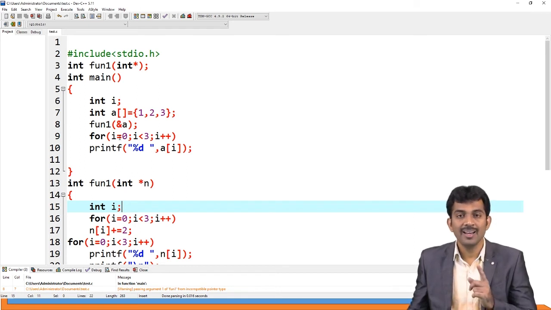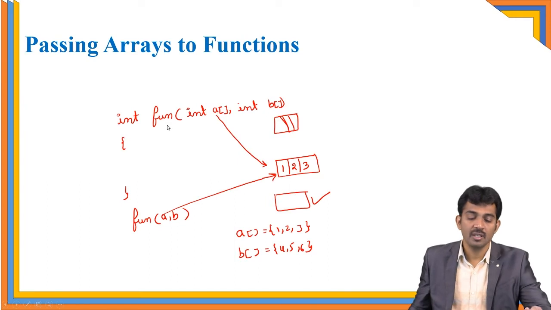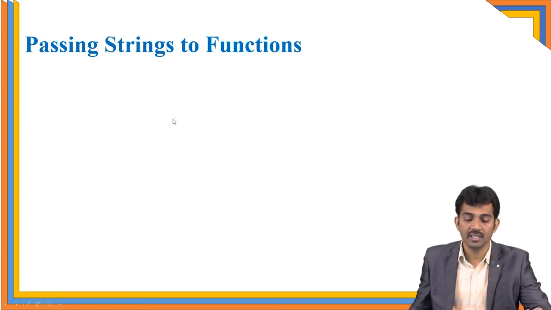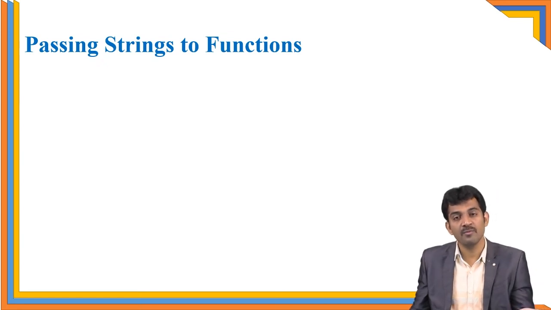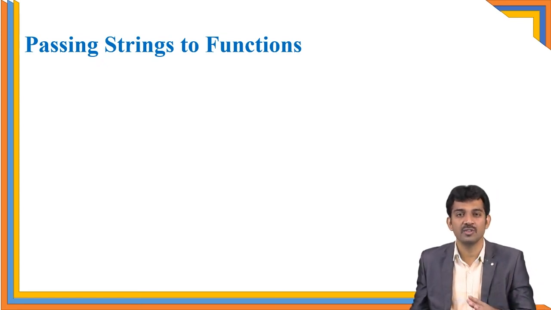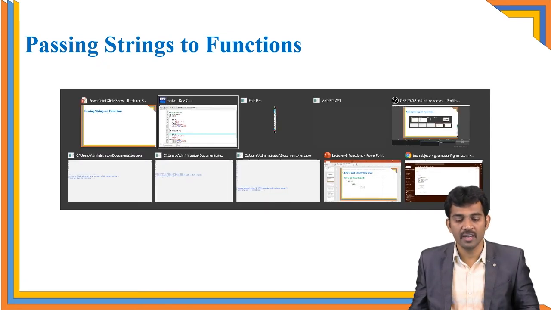Means please remember arrays is going to follow the call by reference concept, right? And the next concept, passing arrays to the function. Next, passing strings to the function. You know, strings is part of the arrays, right? The concept which you are following in the arrays is the same procedure you are following in the strings also. Means something happen in the sub function is going to reflect in the main function.